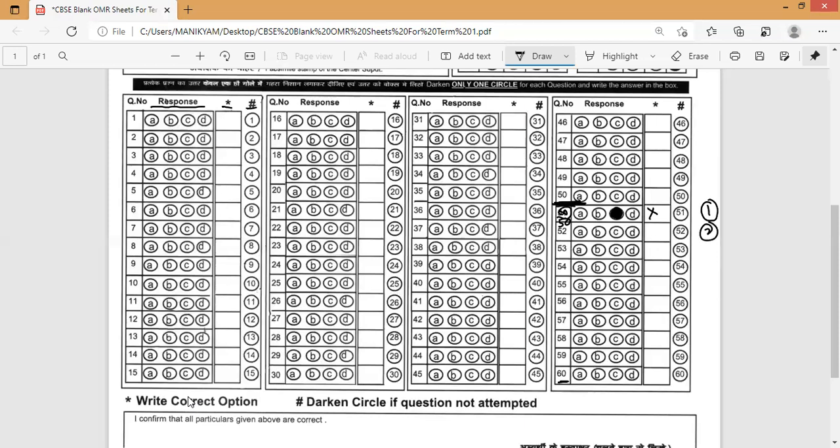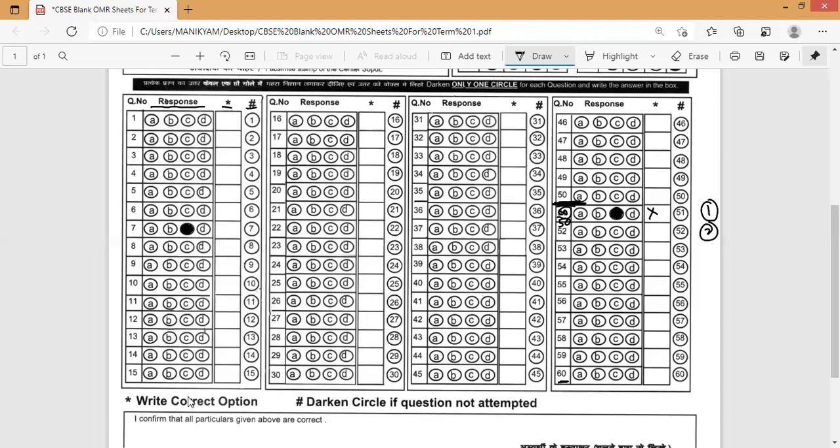Next, coming to the third point. For every question, we have four options. Let me consider question number 7. We have four options, A, B, C, D. Every box is given in the same way, so A, B, C, D are given in front of each question in a row. Once you are confident about the correctness of a reply, you have to darken it. Suppose for the 7th question I feel C is the correct answer, I just darken the circle. That is the first thing you have to do. This is the third point.